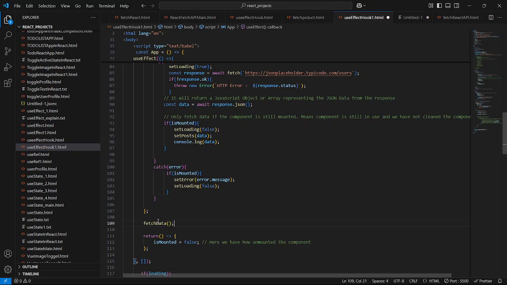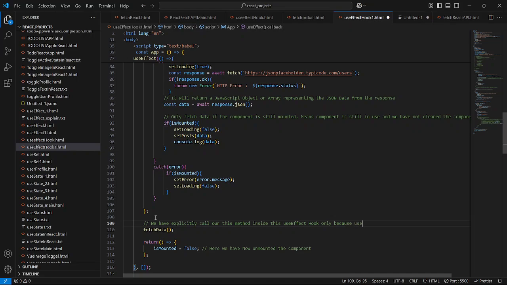Close this, and here we will write the comment: we have to explicitly call this method inside this useEffect hook only, because